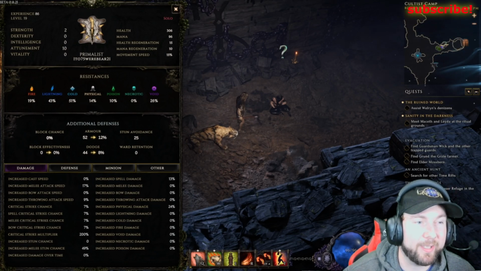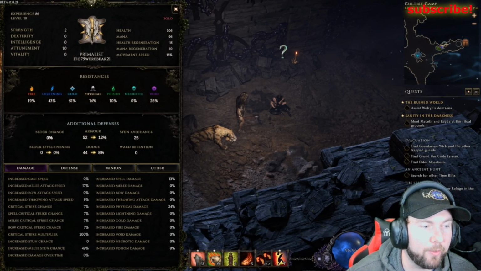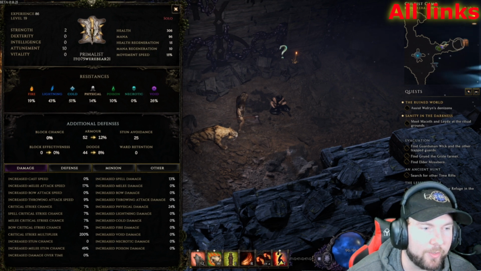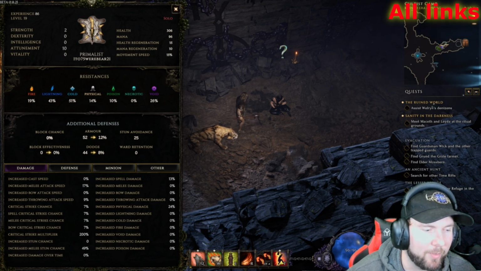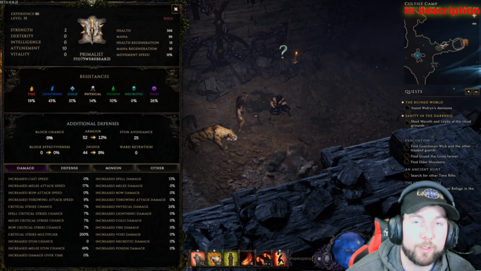Alright, Travelers, I'm now level 19. We've got over 300 health. We're still working on our resistance, but our elemental's still getting much higher. We've got a bit more void, which has really helped. We're still sitting at 12% armor. For damage types, really haven't added much, but we do have dual wielding going on, so we have an axe